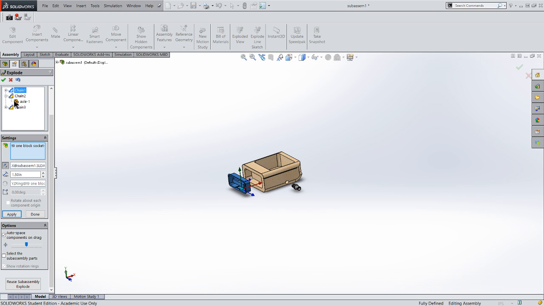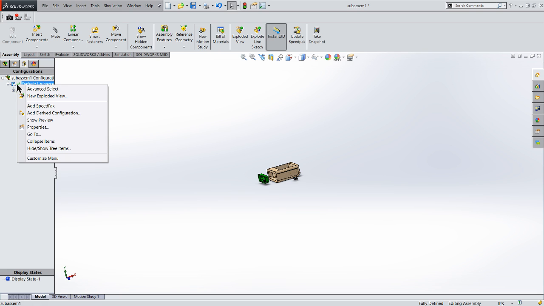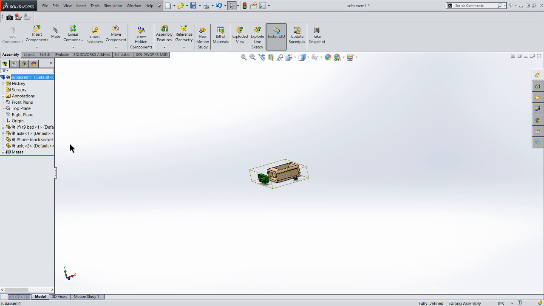Sorry, I actually have to click apply, and I didn't do that on that, sorry. You'll see the part actually moves as I do that. Okay. So this is my exploded view. Now to go back and forth, all I have to do is I can go back and select my exploded view or change my view however I want it to appear. Doesn't really matter, so I'm just going to leave it like this for now,